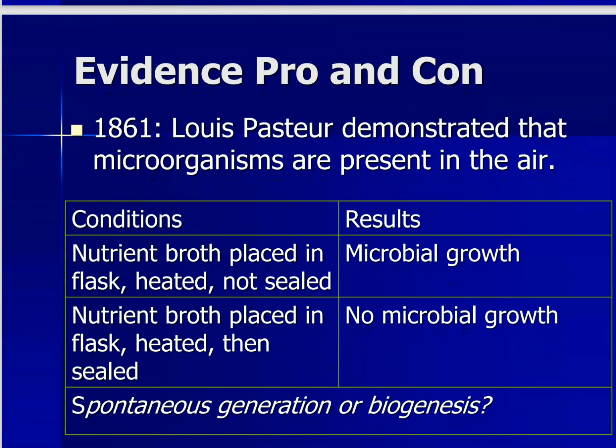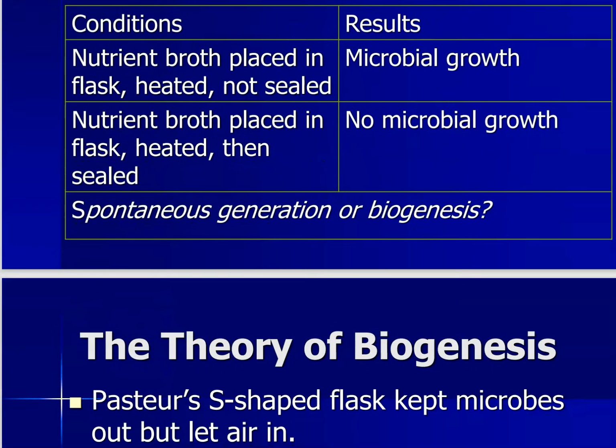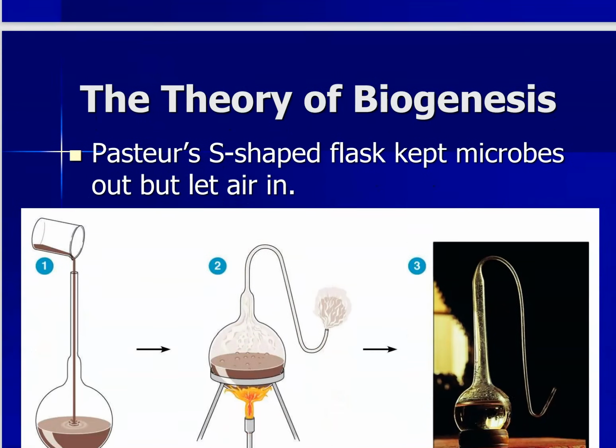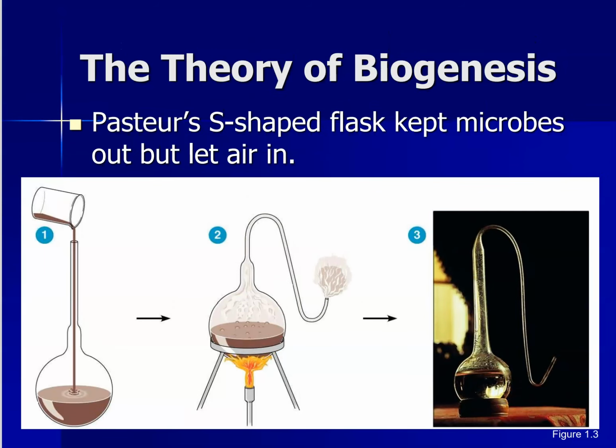Then the big breakthrough came with Louis Pasteur, and that's definitely a name that you need to know. We will be talking about him. He also did pasteurization, which is attached to his name. He put the whole thing to rest by creating this flask that's still in some museum in France, I think. He would put nutrient broth on the bottom right there and boil it up, and he found that if he did not bend the neck of this flask, then eventually something falls in and starts to grow, so the stuff would spoil on the bottom.